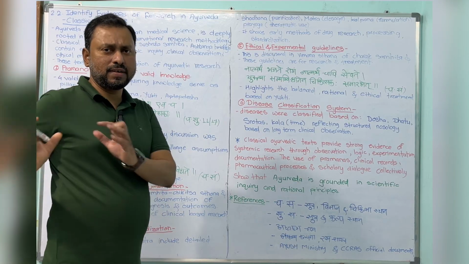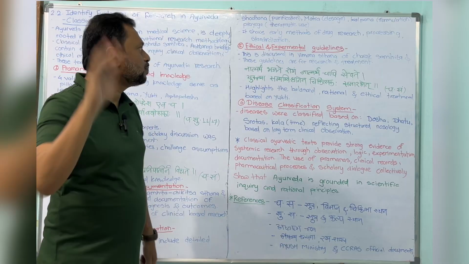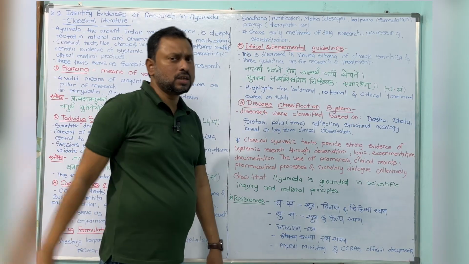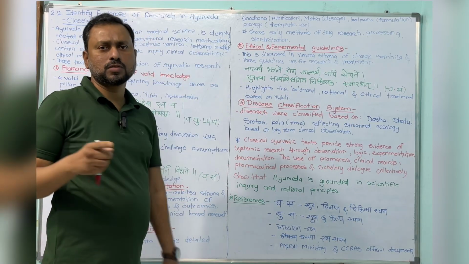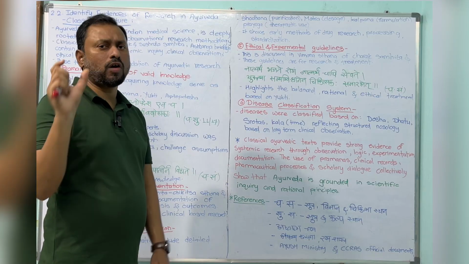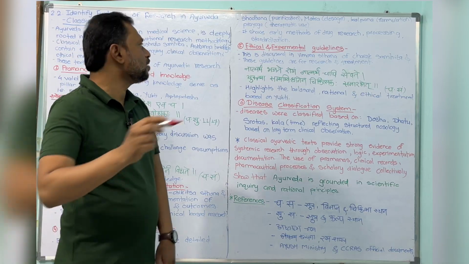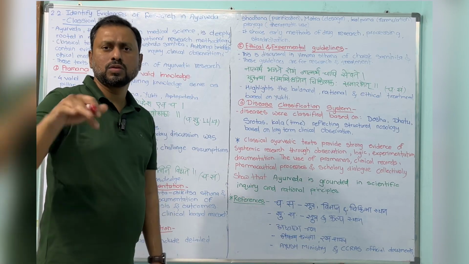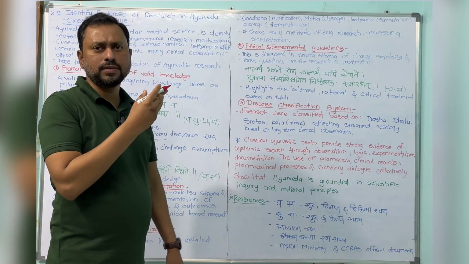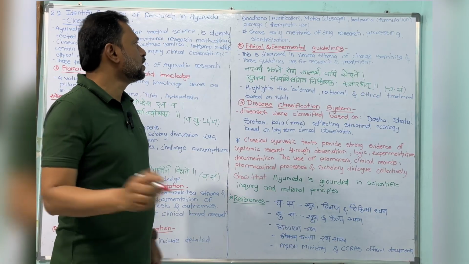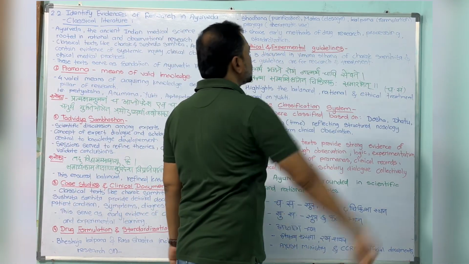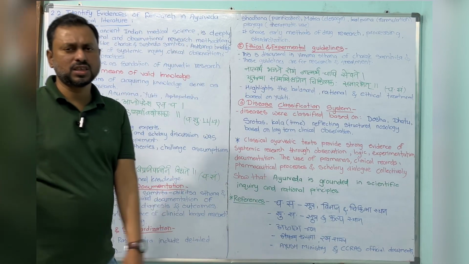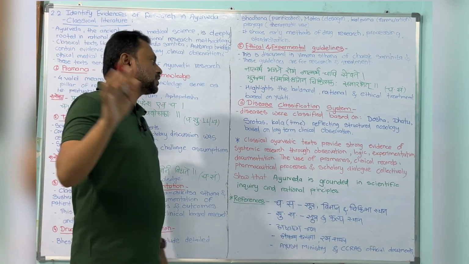Very commonly nowadays we are doing this research. Previously, the matra, the drug dosage, and kalpana, the formulations of more than two or three drugs, how they are formulating, the references are available in the Bhaishajya Kalpana, and prayoga, how we have to use that, the references are also available. It shows the early method of drug research and processing standardization. These references are available in the Shastra Bhaishajya Kalpana.